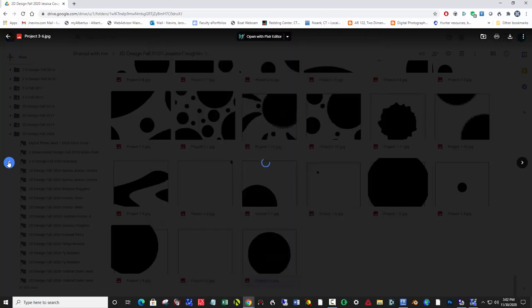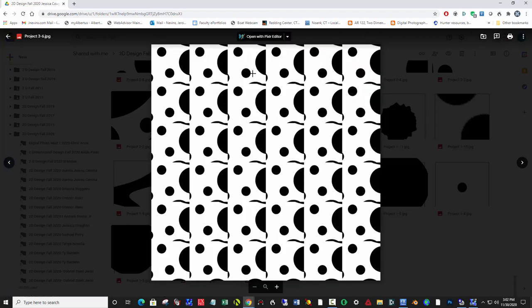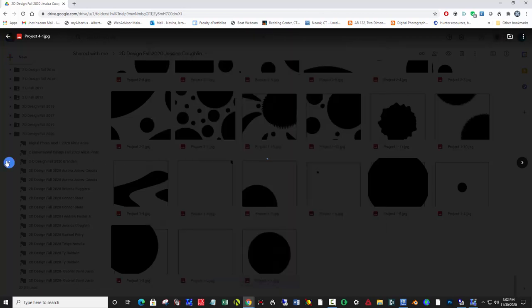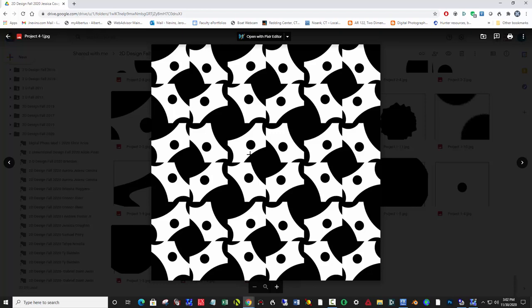So nice and clean, no gaps, and this has more white in it. So project 4, then we move on, and now we're doing a rotation, which means set up your 4 units together, each as individual layers, and then if you think of the upper left one as number 1, then with number 2 rotate it 90 degrees, number 3 180, number 4, I'm sorry, this is 1, 2, 3, yes, 4,